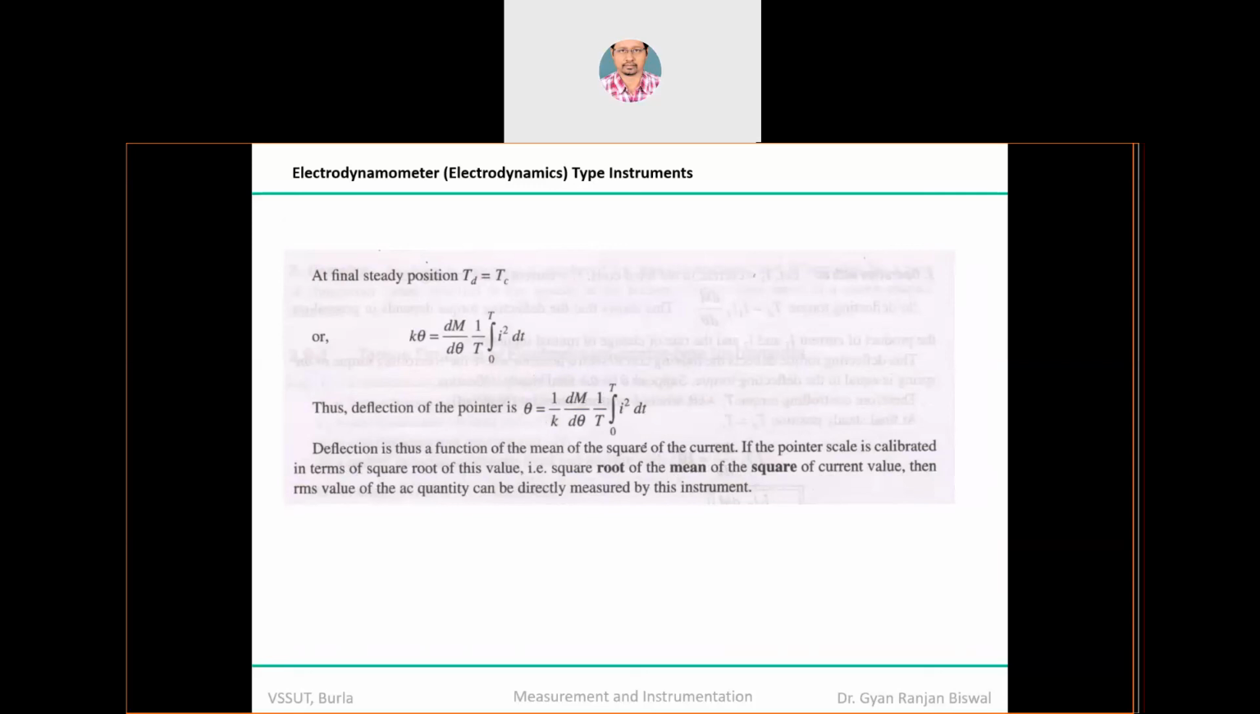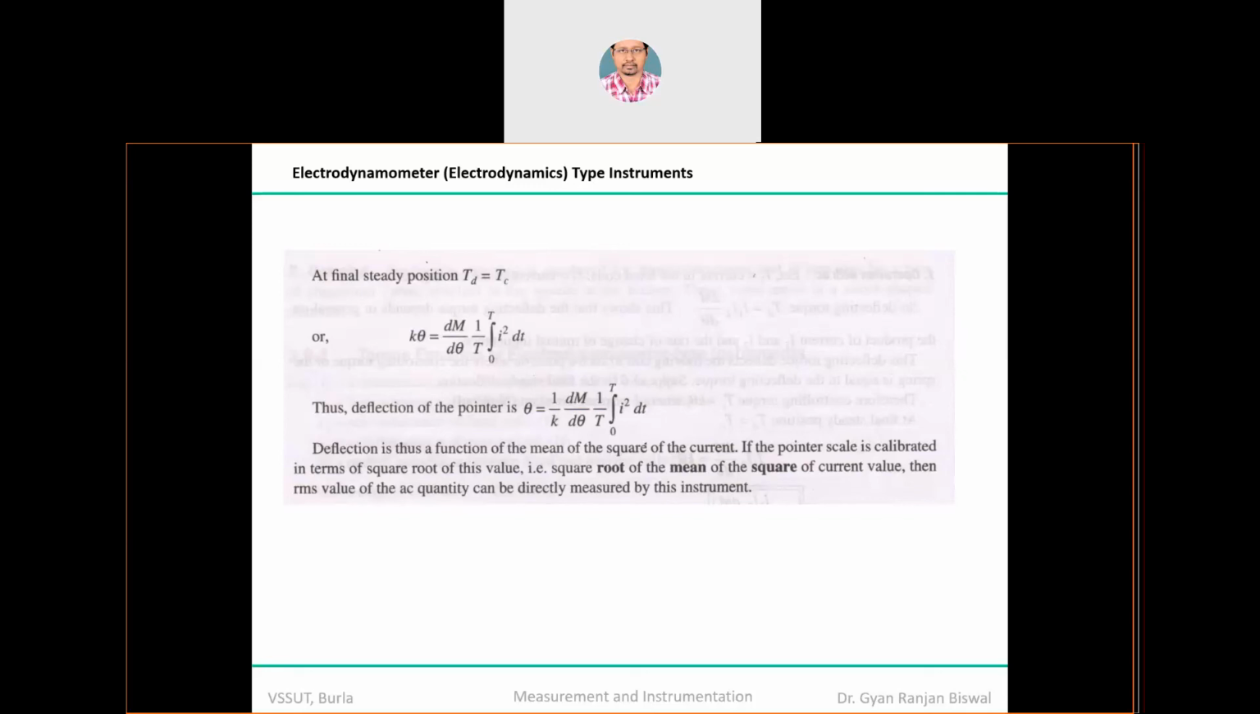dM/dθ is another constant, 1/T is a constant, so the integration of 0 to T of I² dt. Therefore, the deflection experienced by the pointer is a function of the mean, because 1/T will give you the mean of the square of the current. Be noted very carefully: